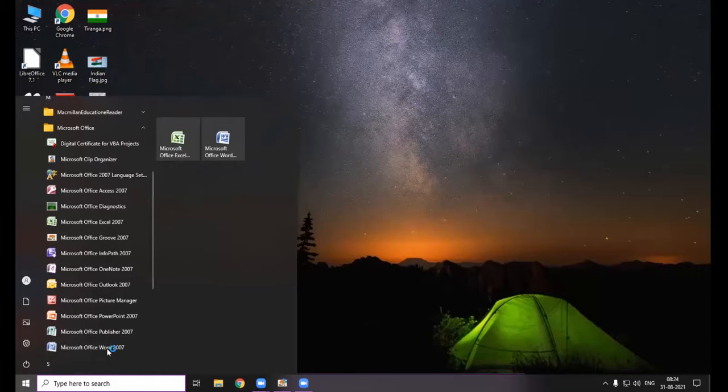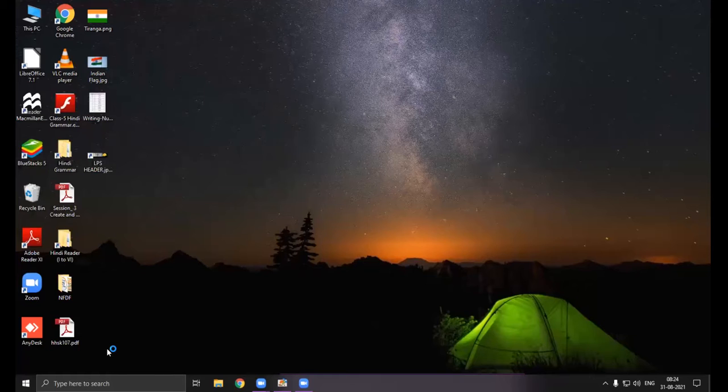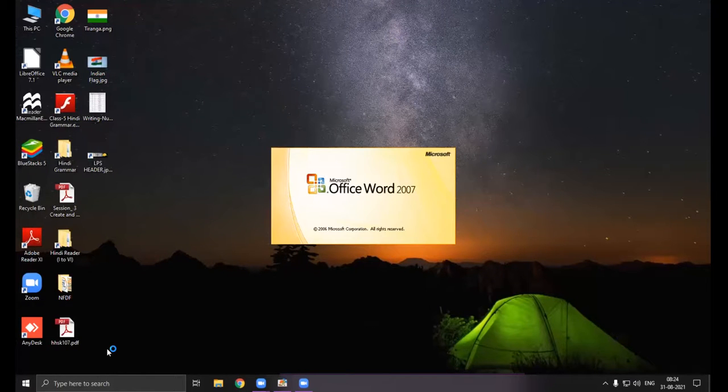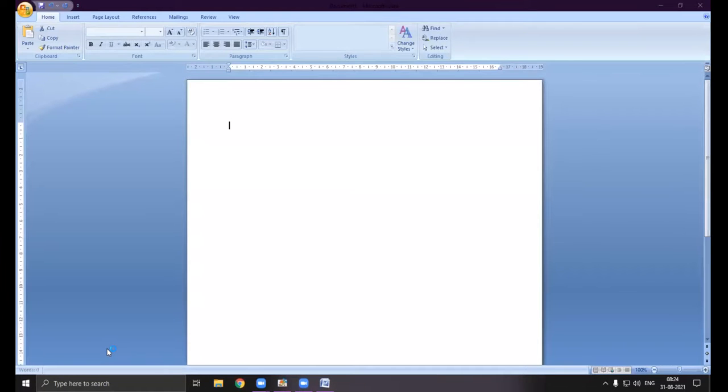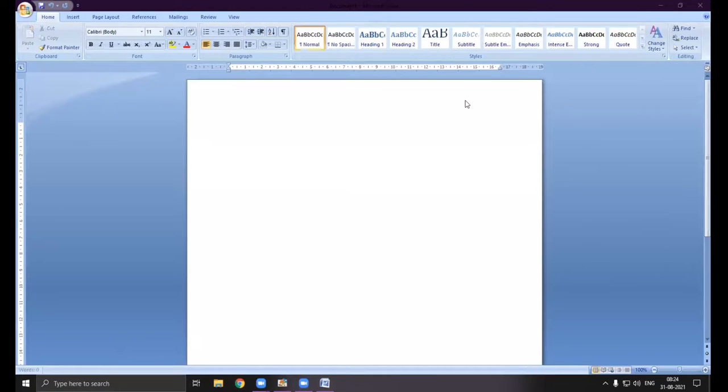Okay, so it is not very different in versions 2007 and 2010. So whatever tools and whatever insertion points I am going to tell you are the same in the context of tables in Microsoft Word. Okay, so here on your screen, you can see the Microsoft Word interface. Here you can find Home, Insert, Page Layout, References, Mailings, Review, and View.